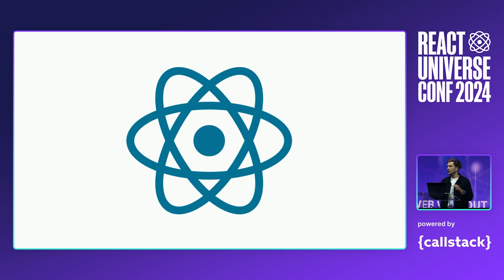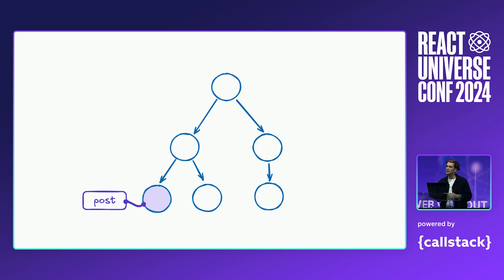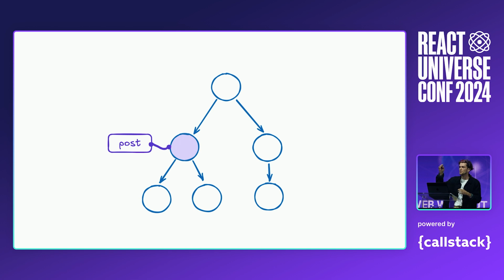So if you learn React, one of the first techniques that you learn is lifting state up. It's this concept that you can take a piece of data, and if you want to extend its lifetime, you just lift it up to something that lives a bit longer. So you lift it up to the parent component, and it still propagates down to the child components. But if one of those child components disappears, then it's actually fine. The data is kept alive, and if it mounts later, it still has access to this data.